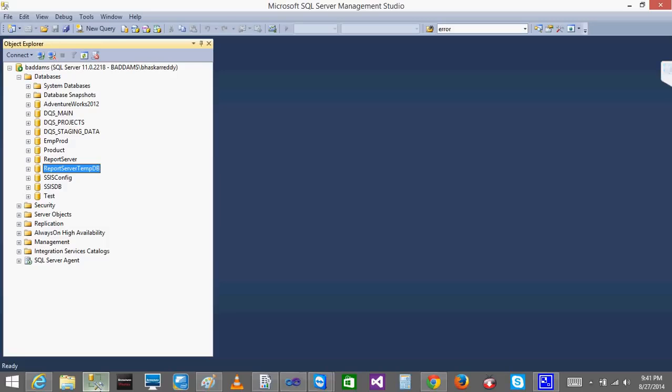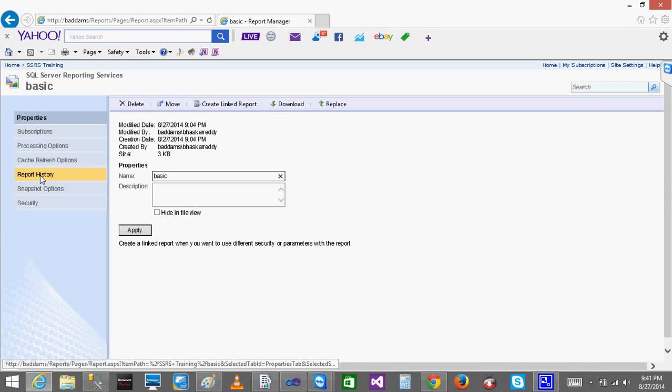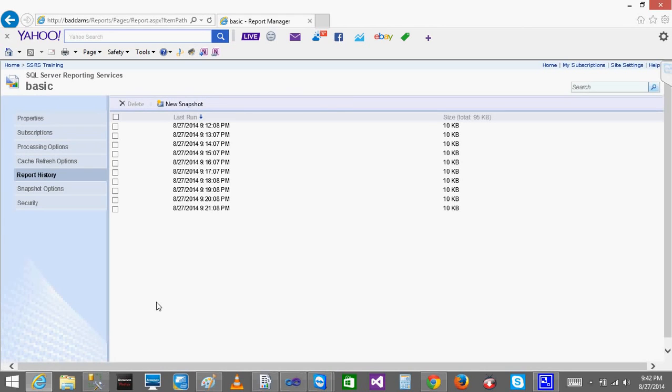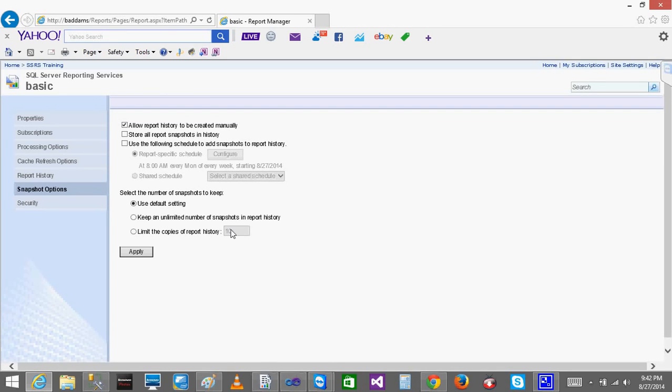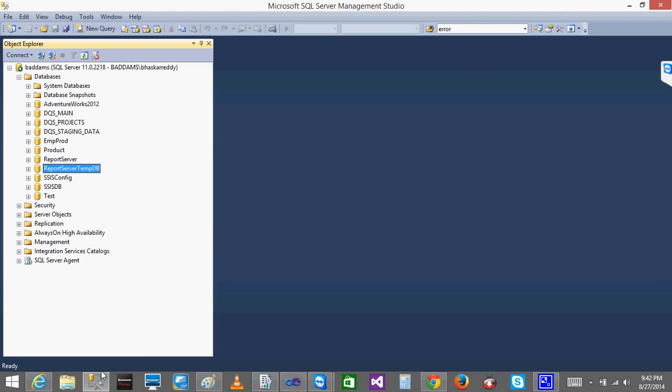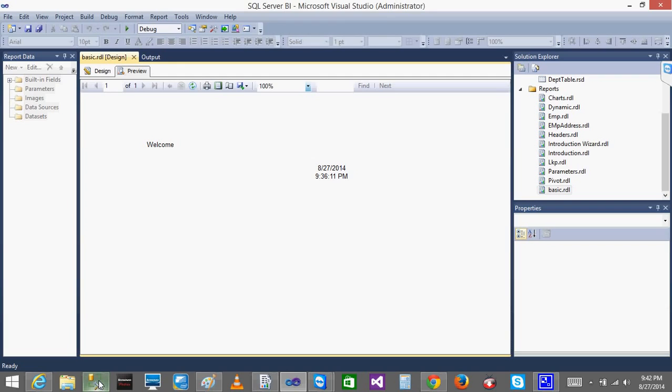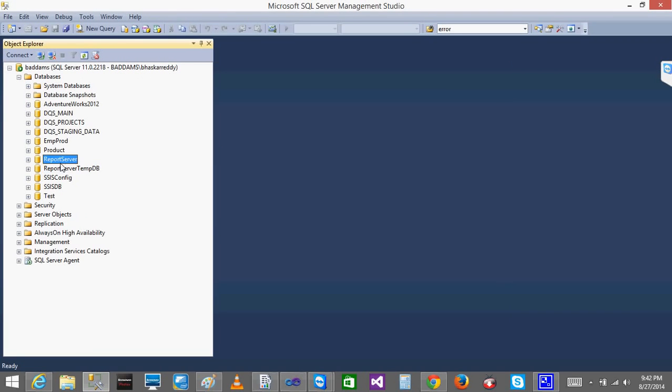Okay, a snapshot can store n number of report histories, whereas a cache will store only one report history. A snapshot can store n number of histories because in the snapshot you can see it, right. You get the option here. The snapshot data is stored in the report server database. The snapshot history is stored on the report server, whereas the cache data will be stored under the report